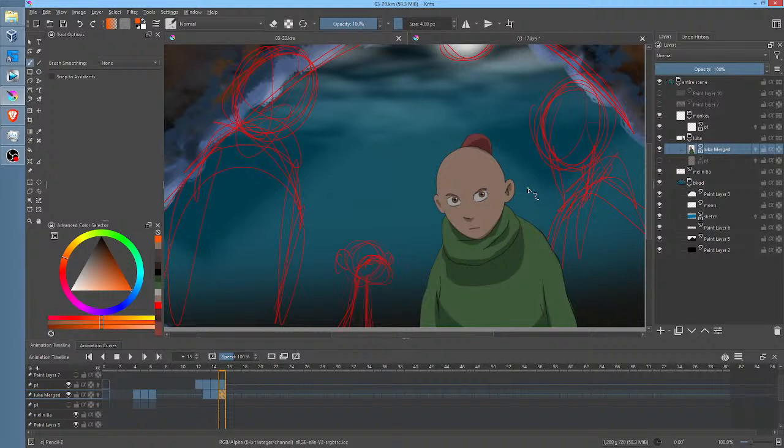Point being, if it looks good at 72 DPI full size on a computer screen, then if you scale it up, even though it's going to blur a little bit, if you scale it up to 300 dots per inch so you can print it out, it will look exactly the same to the viewer because they're physically standing 20 feet away from the poster when they look at it. People don't walk up to a movie poster and put their eye 3 inches from it to look at it. Right?